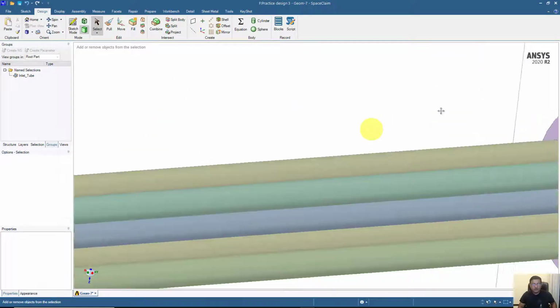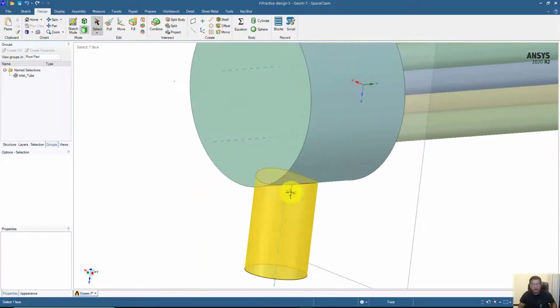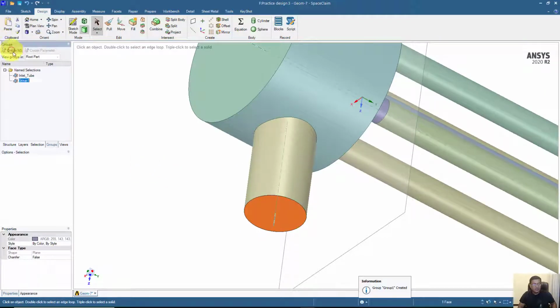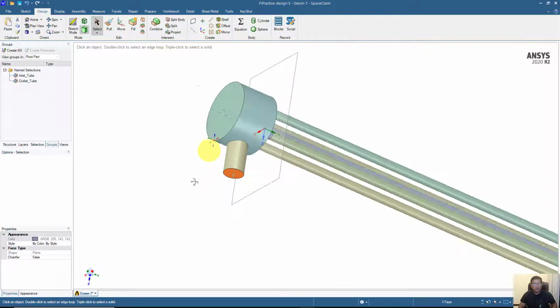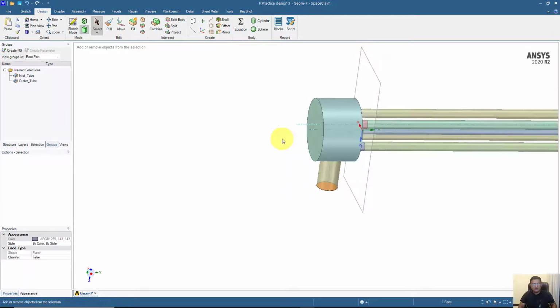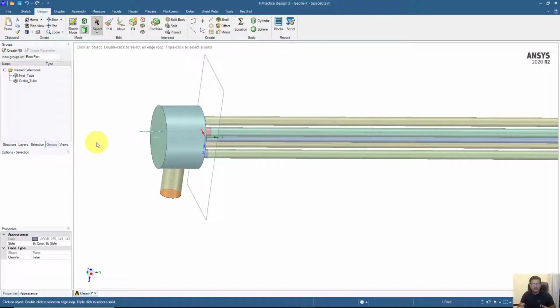So they will transfer automatically to ANSYS meshing, and from ANSYS meshing to Fluent or CFX. And again, this is the outlet tube. Okay, so you can go ahead and rename all these boundaries here one by one, as per convenience, so that the names are easy for you to remember and use while we mesh them, or while we create interfaces, or when we solve them, or even when we post process them.